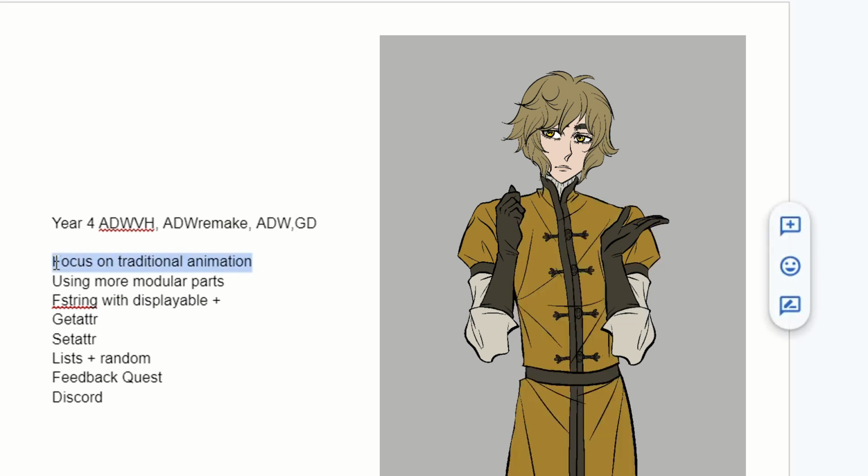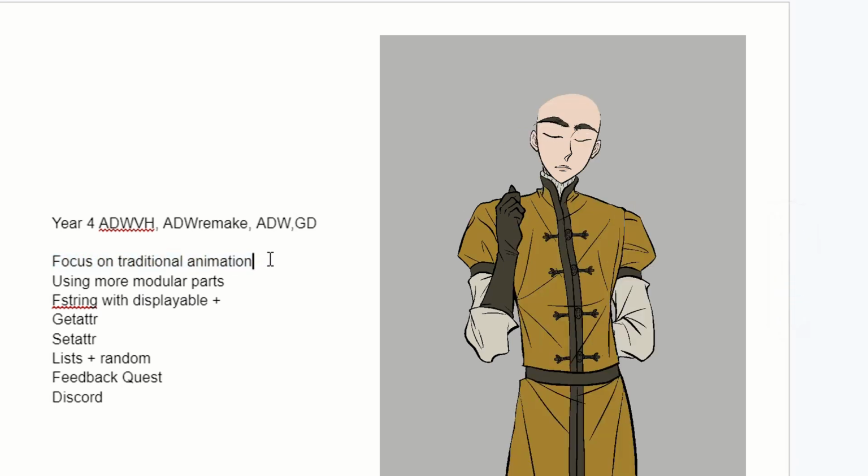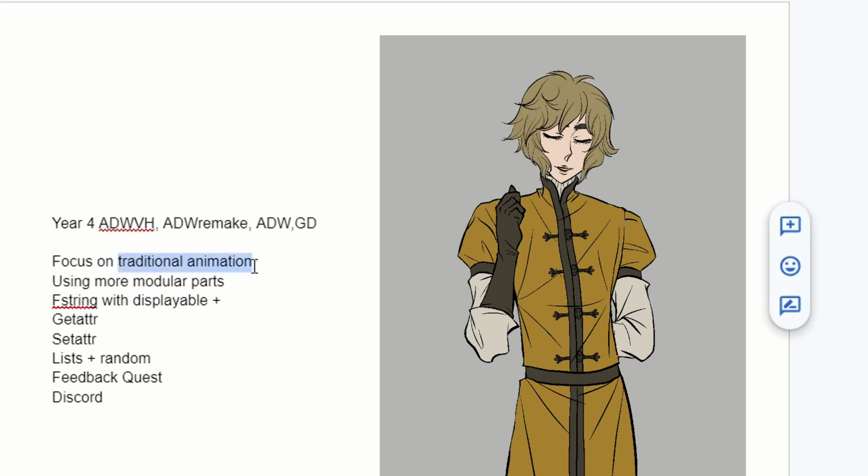Kind of went back to trying to incorporate more traditional animation, going back to my roots, so to speak, doing more frame by frame drawn animation to mix things up along with my vector animated sprites. Trying to use more interchangeable parts with the power of get attribute and set attribute along with F strings, with displayables and jumps and